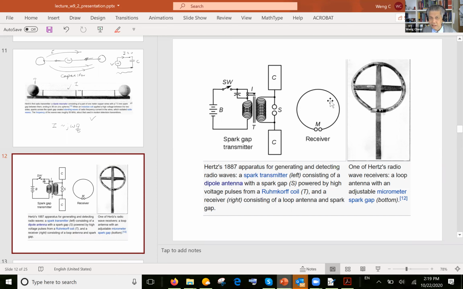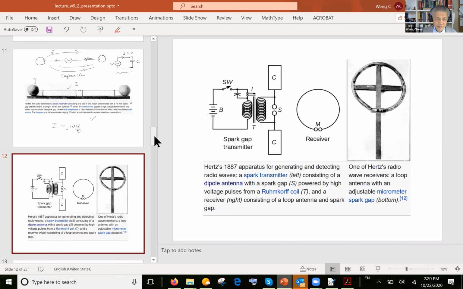And his loop antenna looks something like this. We'll study a little bit about loop antennas later on, and he observed a sparking gap at the gap of this receiving antenna, and at the time his antenna looked something like this. Really crude, but very, very important. Okay,